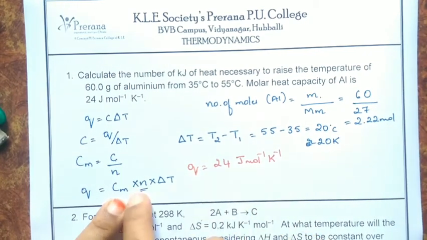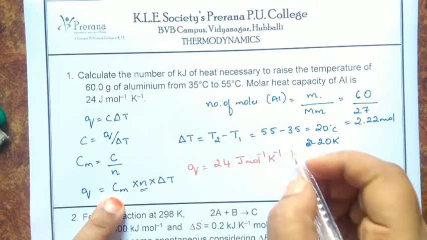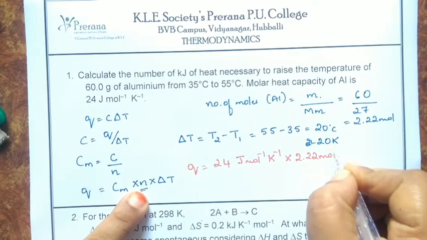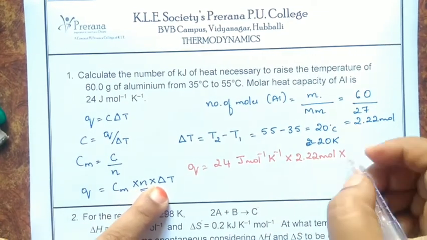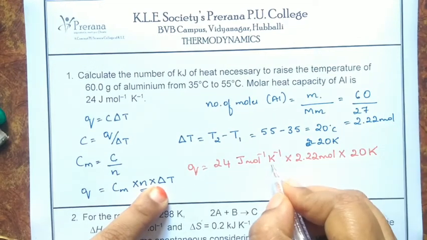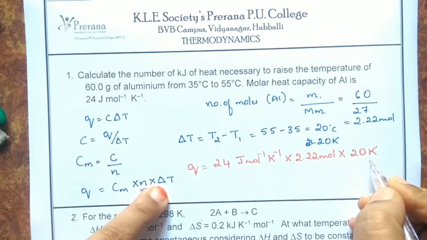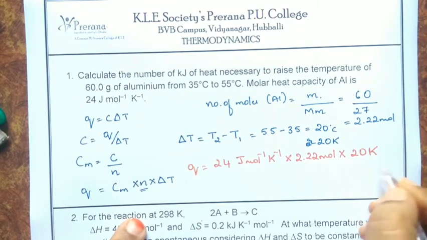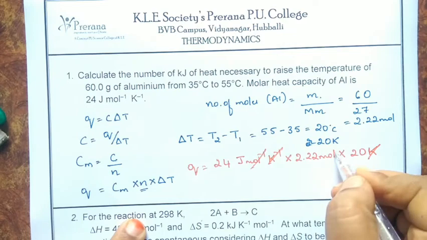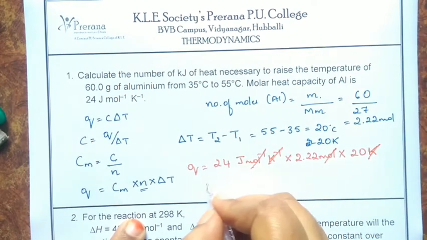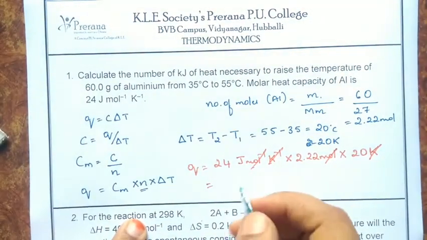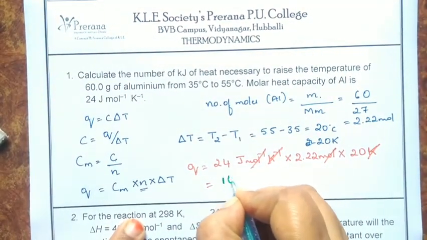So Q is equal to Cm, the molar heat capacity, times the number of moles, 2.22 mole, times delta T. Delta T we take in Kelvin, so the difference is 20 Kelvin. Clear? Followed? Now per Kelvin, Kelvin cancels, per mole, mole cancels. If you calculate all these things, you get the answer as